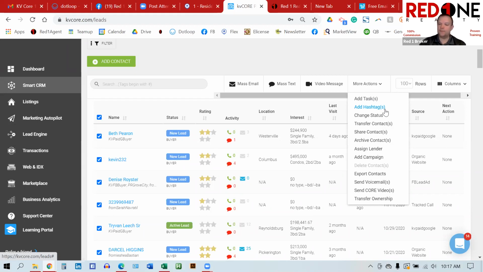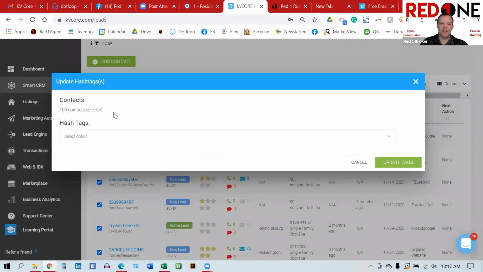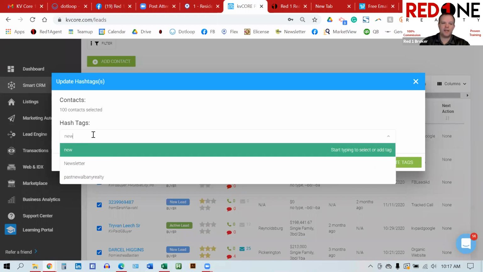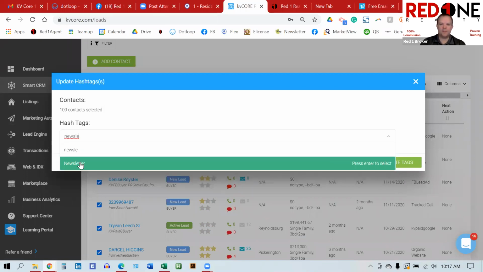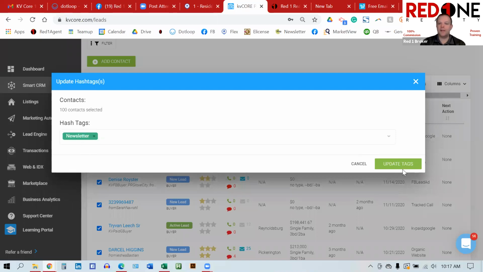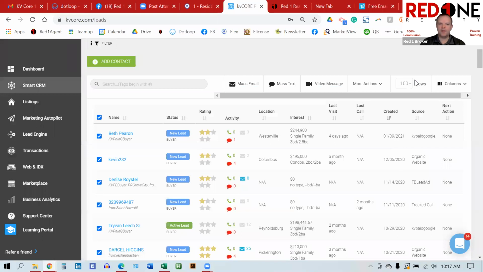You can add a hashtag, like hashtag newsletter. When you add hashtags, it's important that you do not type the hashtag symbol here. You come in, click the green to add it, and then click update tags. I'm not going to for this example, but then when I go back to search for people, I see